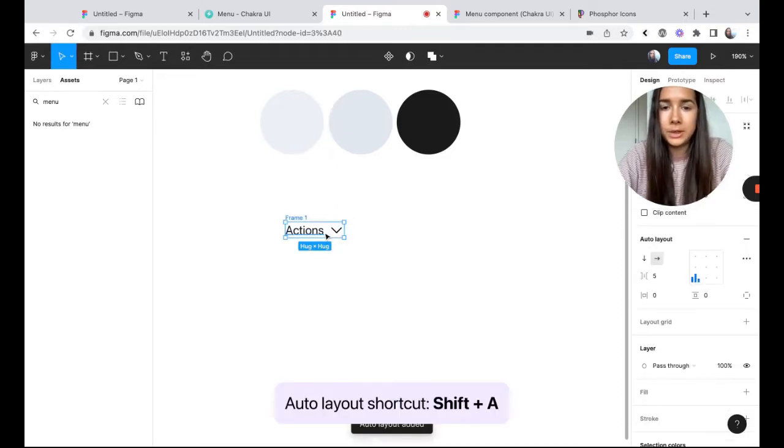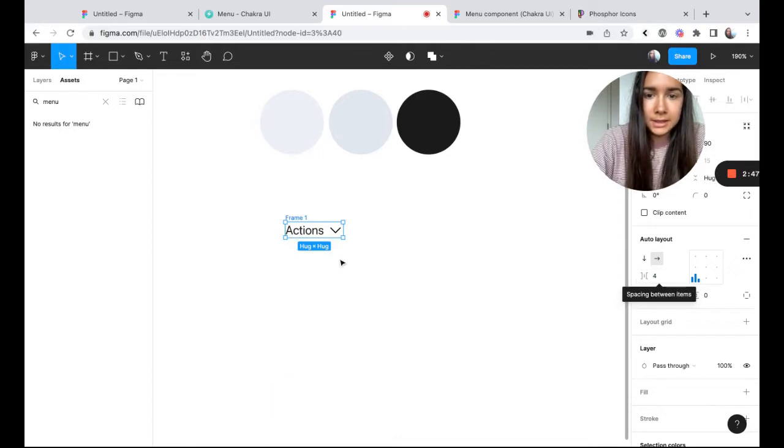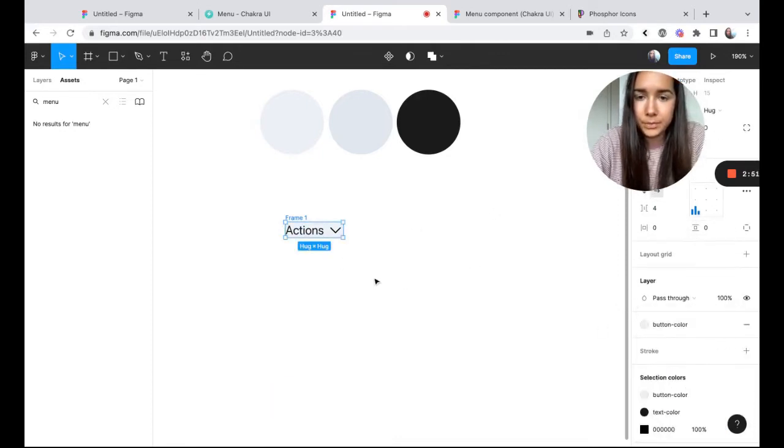Okay, so now what I just did is that I took these two layers and I combined them together using auto layout. And well, just the spacing, and let's add our button fill. So as you can see here, we will want to add some padding.